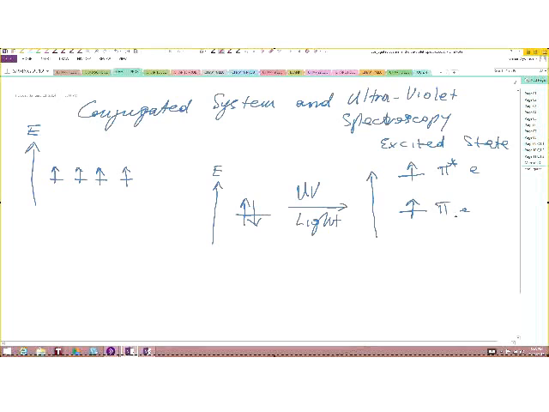And that transition from pi to pi star electronic energy level, you could get all of that energy from the UV absorption. Now, the point we made here is this. If you take a look at your UV spectrum,